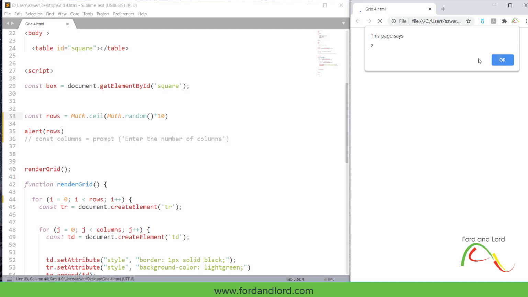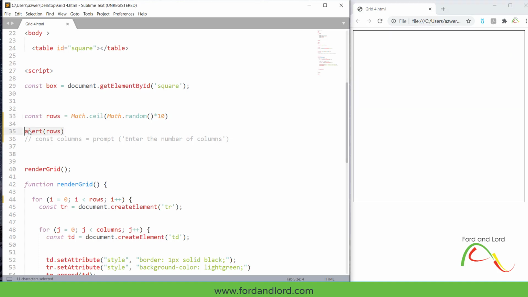and I have 2 this time. If I refresh it, I have 7 this time. If I refresh it, I have 7 again. Refresh it, 9 this time. But the number will never go beyond 10. Okay, I will remove this and I will use the same method. I will uncomment this. Okay, and I will use the same method